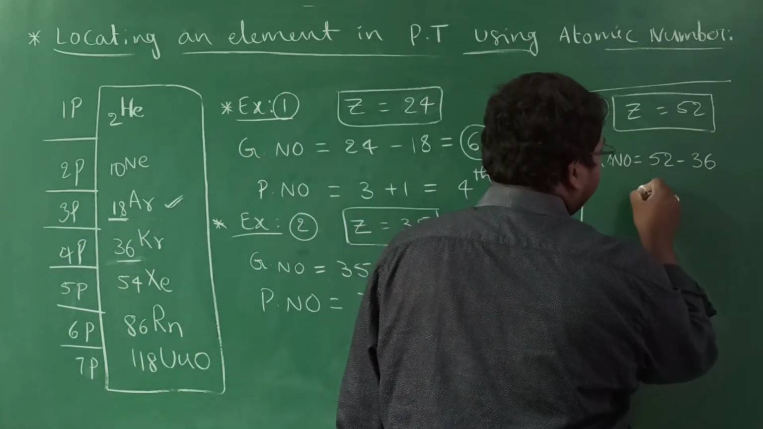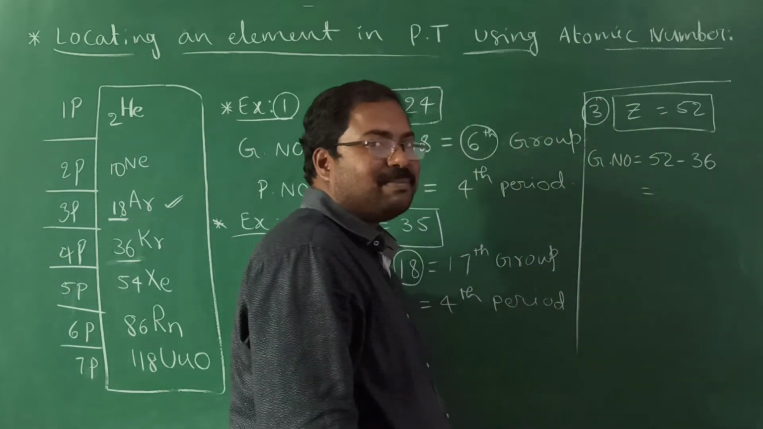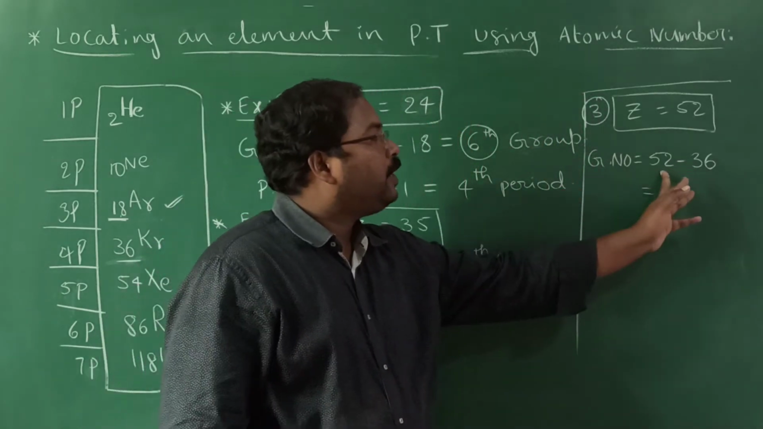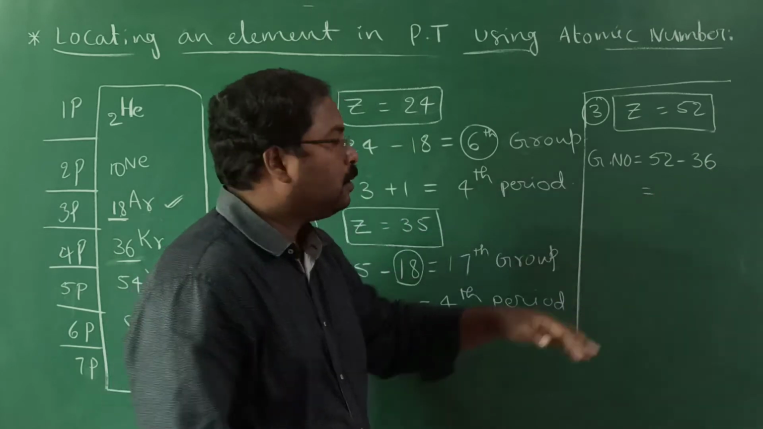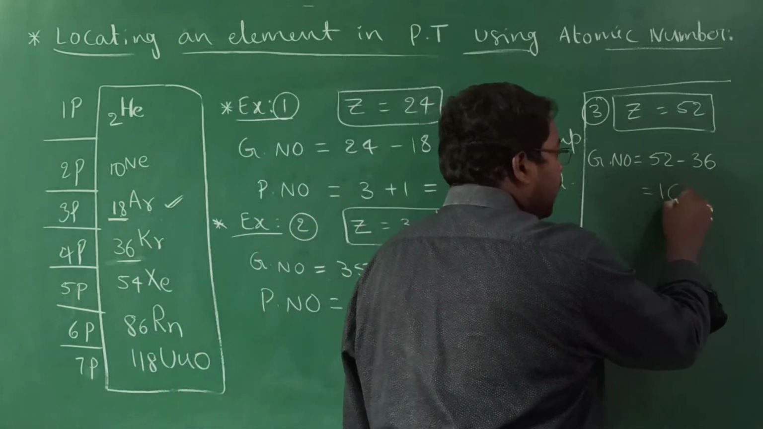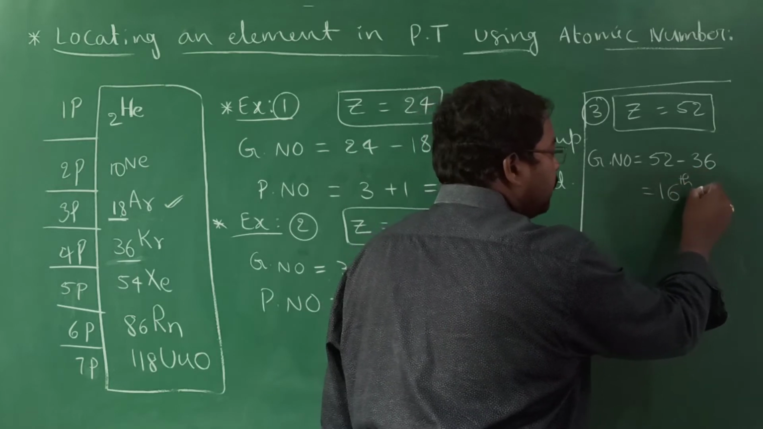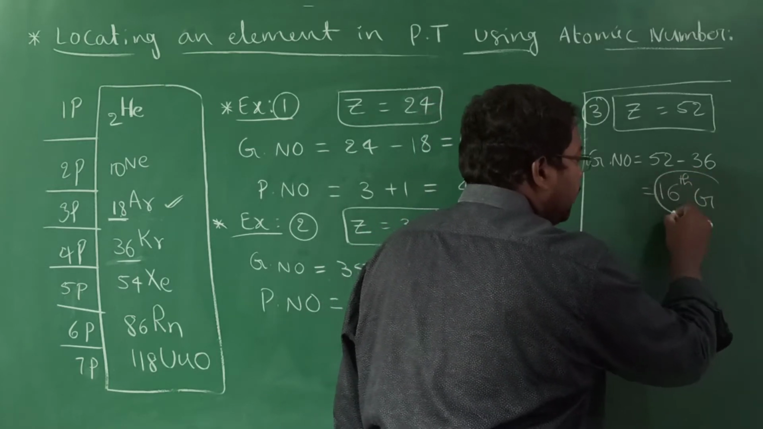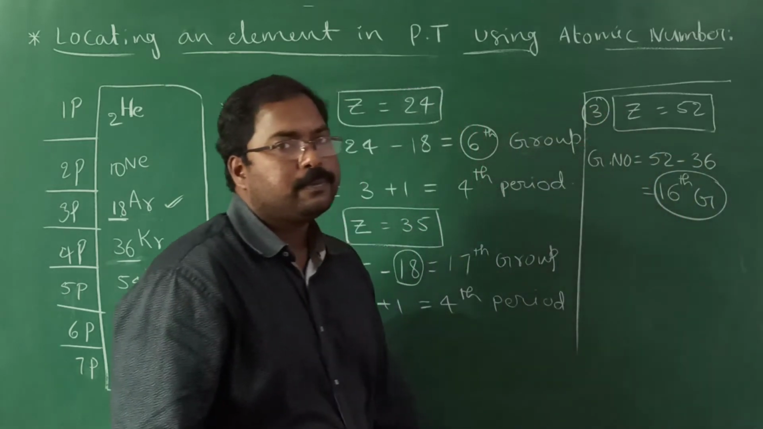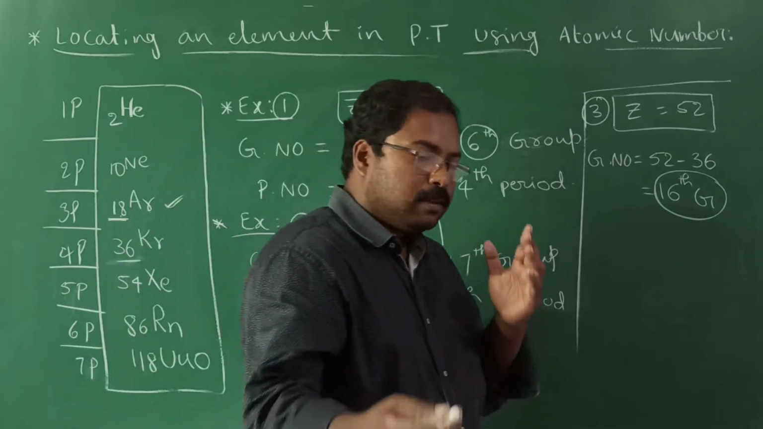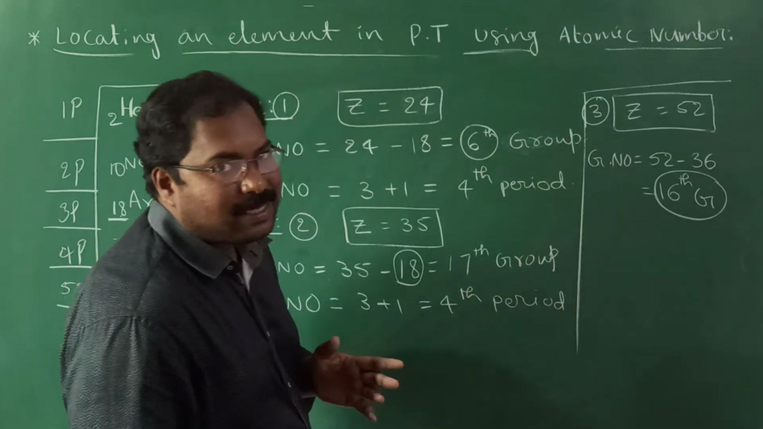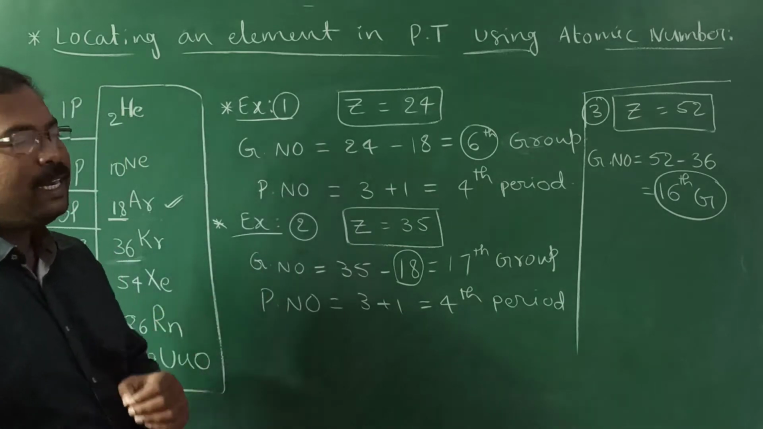How much is it? 52 minus 36, so it will be 16. So we got the group number as 16. That means it belongs to the 16th group. Okay, you can cross-check. Observe the 16th group, and you will find the atomic number